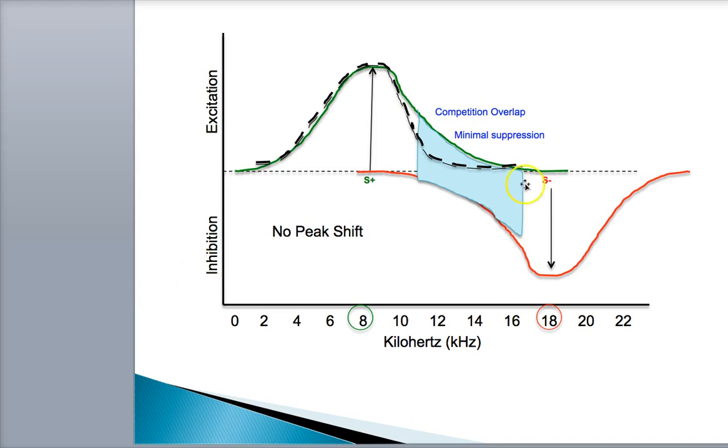And we can look at how they overlap. Here is where they overlap the most, in this region of blue, where we get the most amount of overlap. You'll notice on the other side, we have almost no inhibition from the S minus, and way out here, where it ends, we see there's very little excitation. So it's between those two areas where we see the greatest amount of competition, and what that's going to do is pull down, we're going to get an averaging effect. This is where we have our competition overlap, and there's very little suppression here. There's just a little bit at one end.